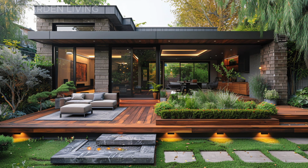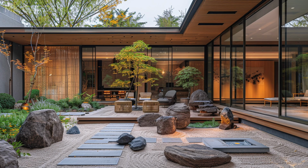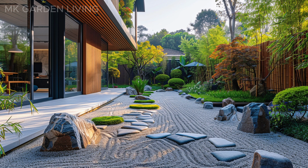A modern, spacious, and meticulously landscaped backyard deck area. A large, contemporary home with gray stone exterior and dark gray metal roofing. The deck is made of rich, warm-toned brown wood planks with a slightly raised, tiered design, leading down to a water feature. Two levels of raised, gray stone steps and platforms lead to the deck, featuring a shallow water feature with warm,